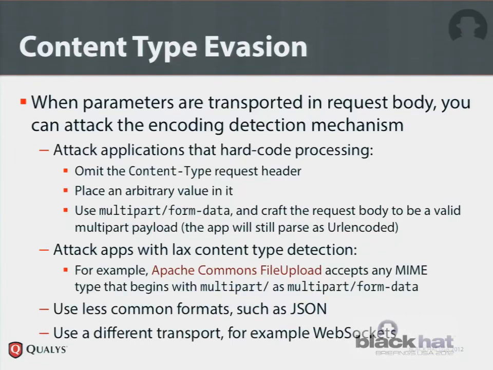But I think the biggest problem with parameter name evasion is in the case where you submit parameters in the request body. If your parameter is in the query string, that's sort of easy. WAFs know where the query string is, and the only thing they have to deal with is the URL encoding. If you have parameters in the request body, they first have to detect the encoding, and they have to apply the same parsing to the request payload as the backend application would. So what happens in the case where you have a backend application that has hard-coded processing? Usually it would be URL encoding format.